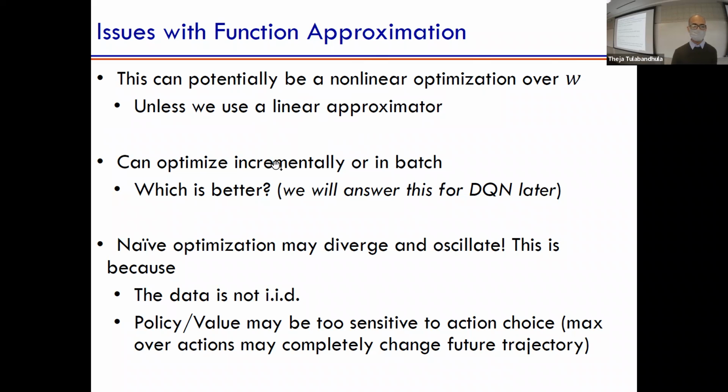We can optimize incrementally or in batch. Batch is a version of what we've been seeing with regular supervised learning. But here, the nature of the problem is generally incremental. Like every time step, there's a response back with a reward and the next state. And there are also issues with naive optimization, in the sense that if you just do gradient descent,